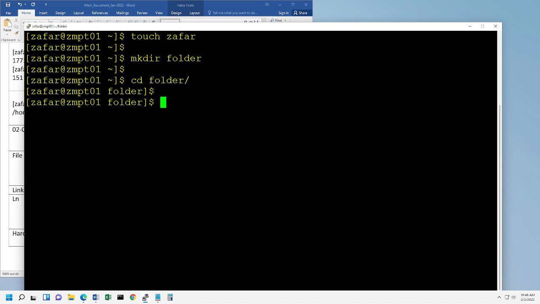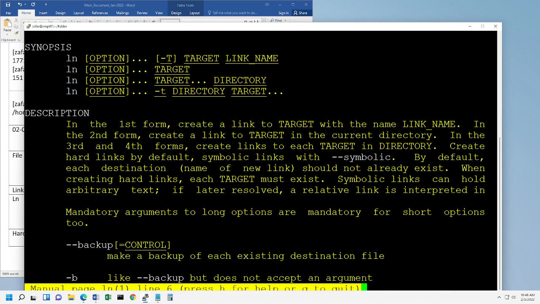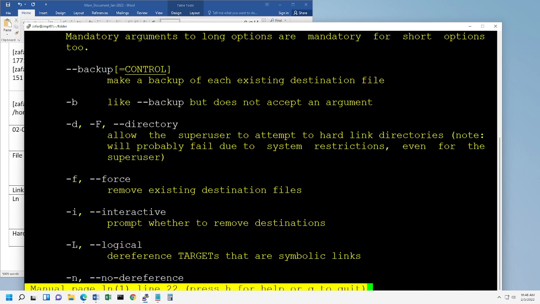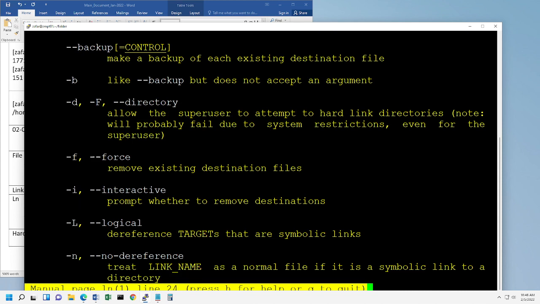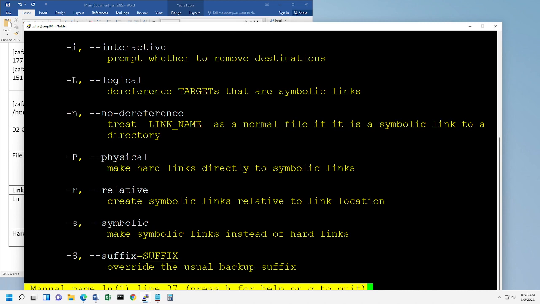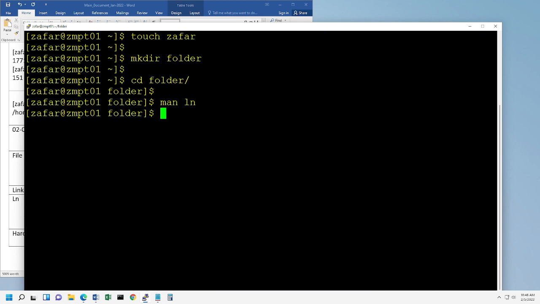So what I'm going to do is ln. The options are backup, f force, i interactive. So what I'm doing is ln, and then